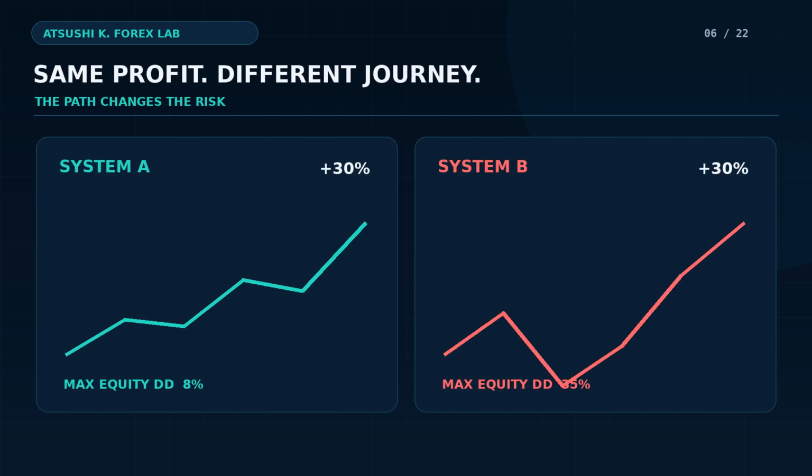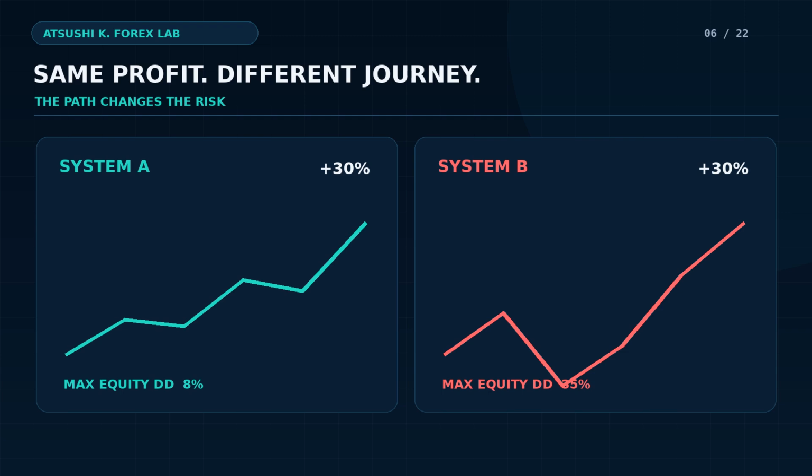Imagine two systems that both finish the year up 30%. System A reaches that result with an 8% maximum equity drawdown. System B falls 35% before recovering. The final return is identical, but the experience is not. System B required a 53.8% recovery from its trough, and many traders would reduce risk, interfere with the system, or stop it near the worst point. The path affects survival, behavior, and the chance that a real account will remain active long enough to see the